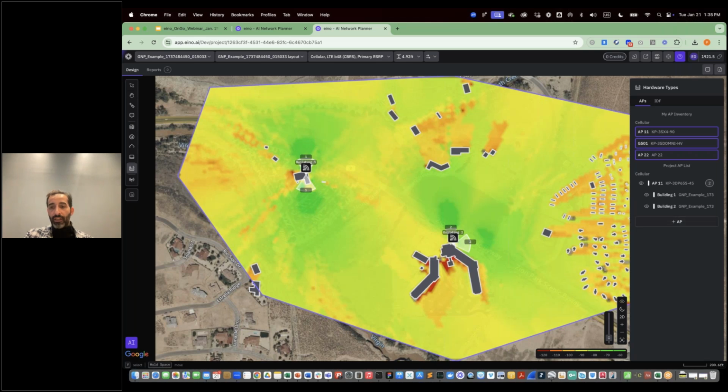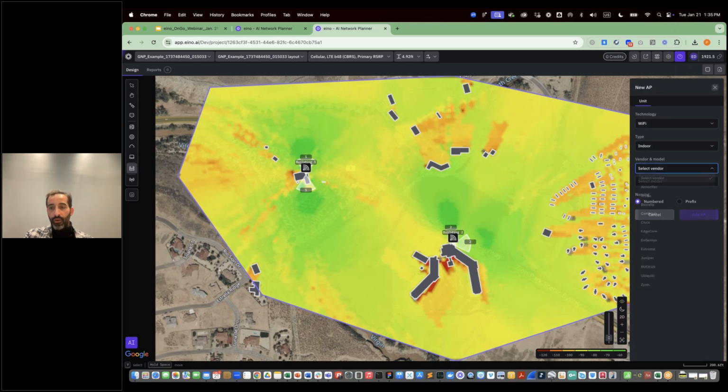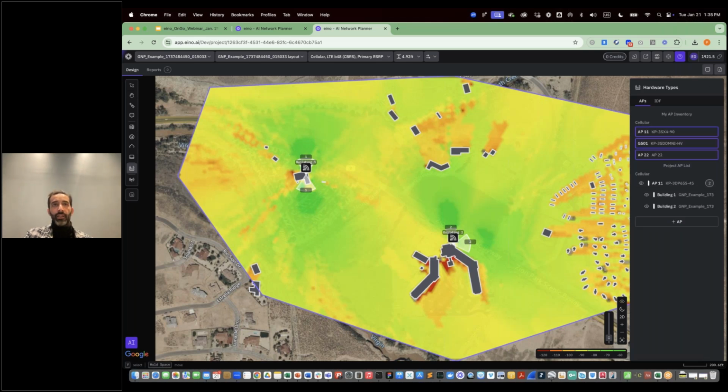In terms of manufacturers, we work with all Wi-Fi, as you could see: Aruba, Cambium, Cisco, Juniper, Extreme, Ruckus. We work with different cellular ones: Airspan, Baicells, Celona, JMA, Moso Labs, Nokia. We have fixed wireless: Cambium, Tarana, Mimosa. And anything you don't find in there, we could add very easily, as long as we have the antenna patterns. So we have relationships we could easily